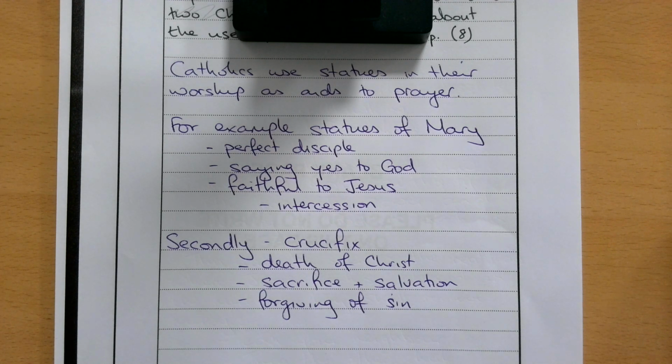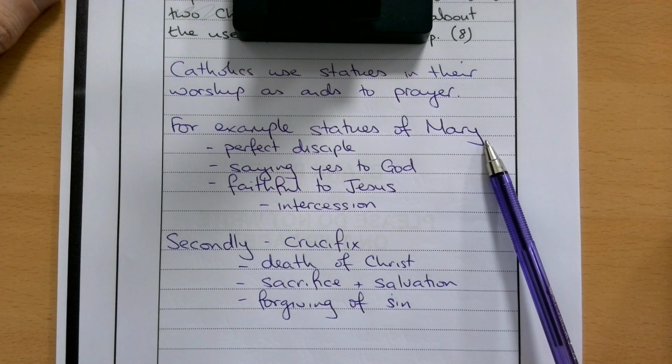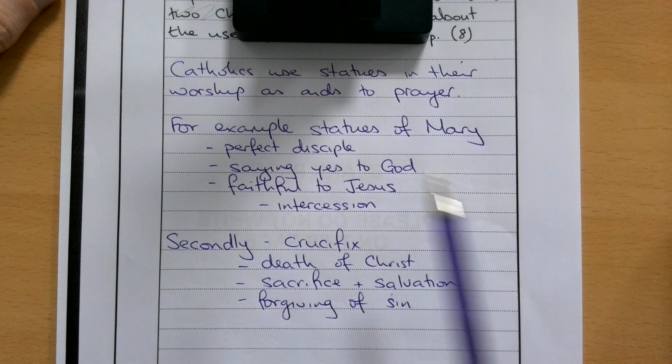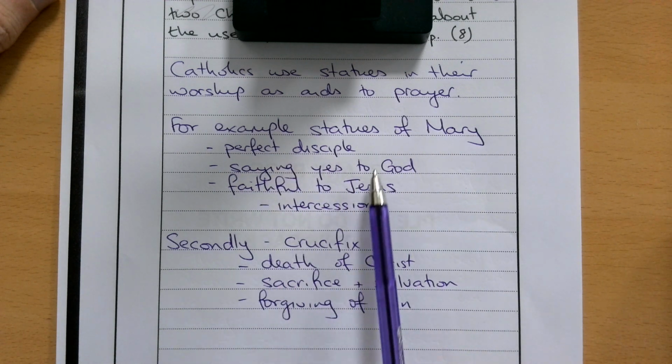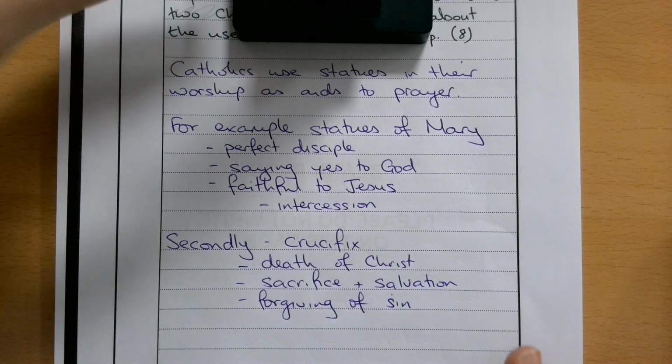So you could go: statues allow Catholics to understand key events within Christian history and their significance. For example, La Pieta shows Mary holding the crucified Christ. This allows Catholics to understand the love and devotion that Mary showed to Christ, and that as Christians we should respond to Christ in the same way. That's a generic idea with a statue that backs it up, whereas with the approach on the screen, we've gone: here is a statue and this is what it means. So you're either going to do statue and significance, or significance of statues and then an example. Either will work really well.